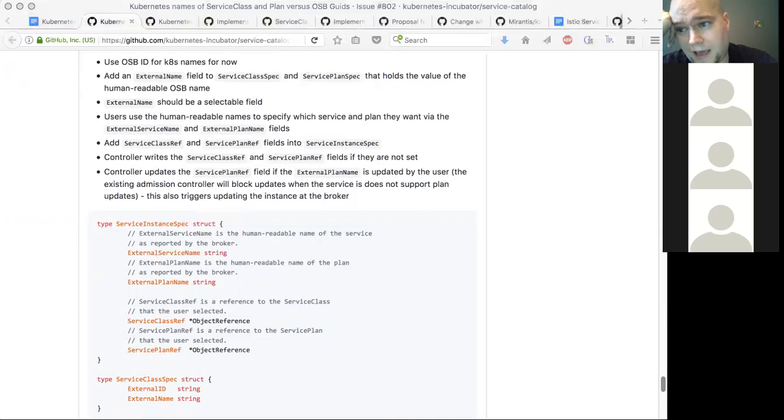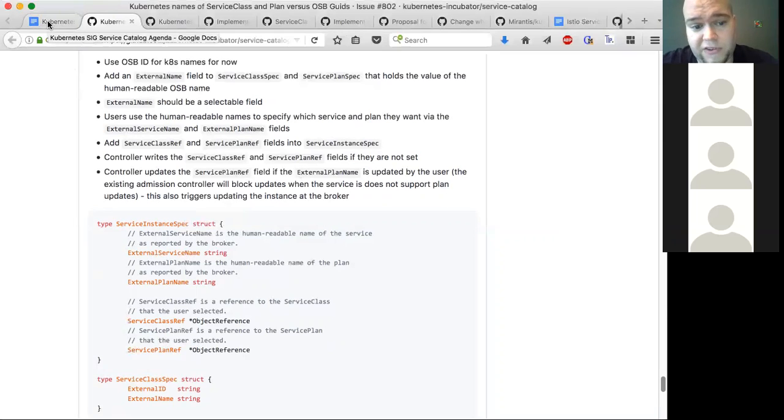They have an additional ask that they want to do after this is implemented. And that additional ask, which I'll create an issue for, is to be able to use the external IDs as opposed to the Kubernetes names, instead of the external service name and plan name. Have an alternate selection mode where you say the external ID. And the reason that they want that, and I think this is actually a very sensible reason,